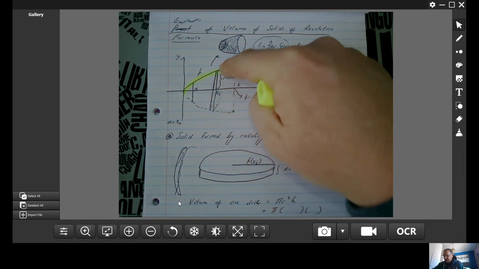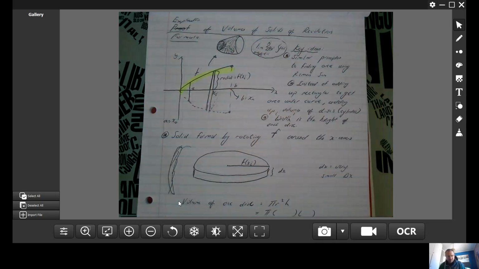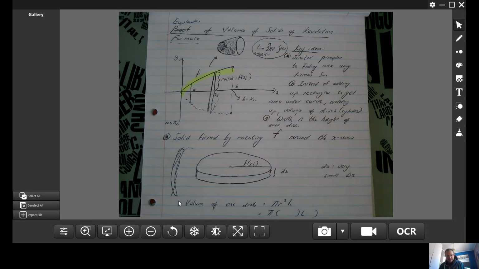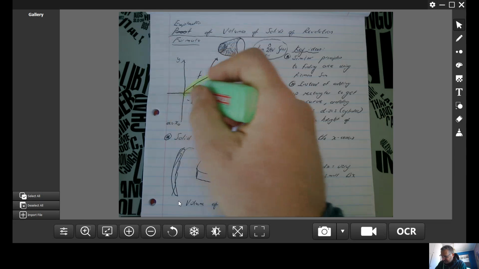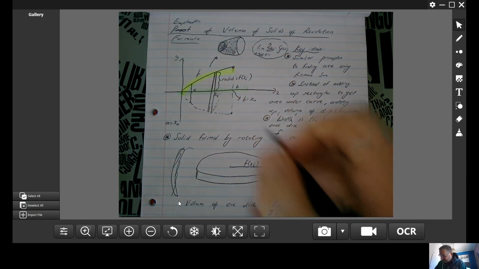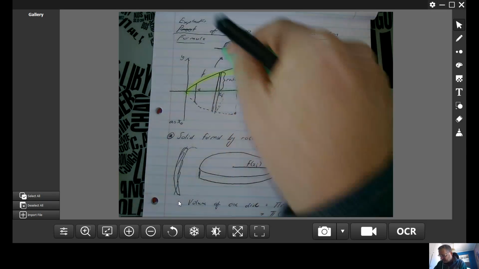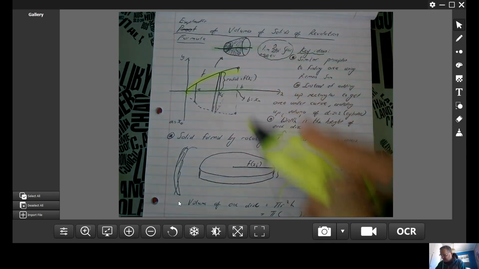Everywhere the line goes, it's closing up as a solid, and you get this hollow shape. The central pivot is this line over here. So you end up with a solid, if you imagine that's your central pivot over there, and you've taken this curve,